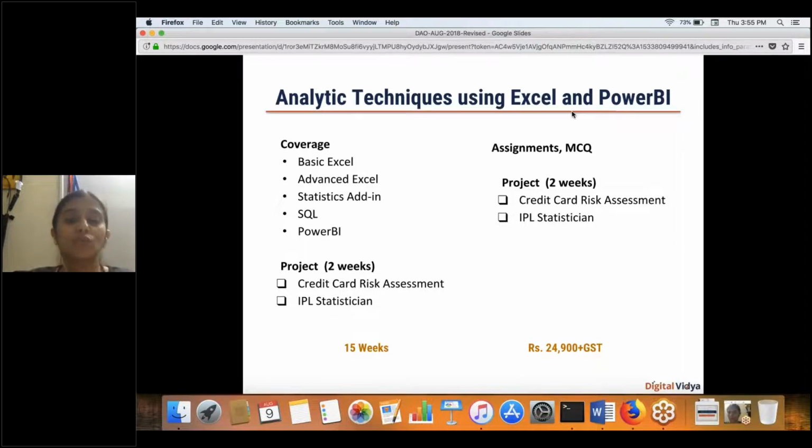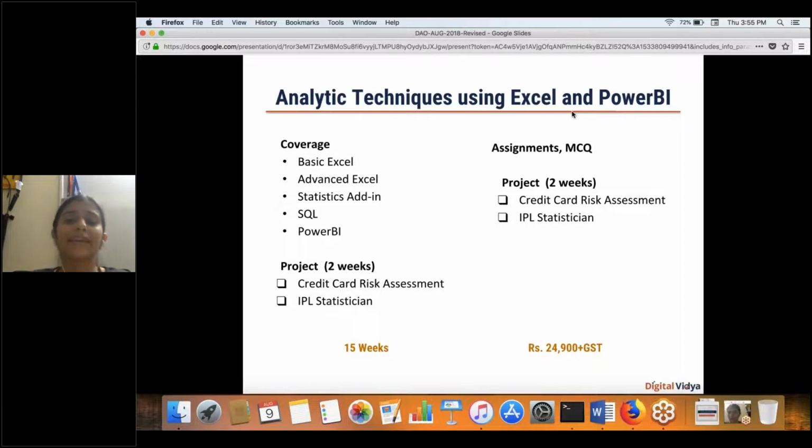And then visualization tools: Power BI is one, and Tableau is another, which you get introduced to. You get to do very interesting capstone projects. These are end-of-course assignments which help you feel you're really sitting as part of one of these business roles, or as a sports statistician, approaching and solving a problem as a business analyst or data analyst. The course is approximately 15 weeks. Sometimes it runs 16 weeks.